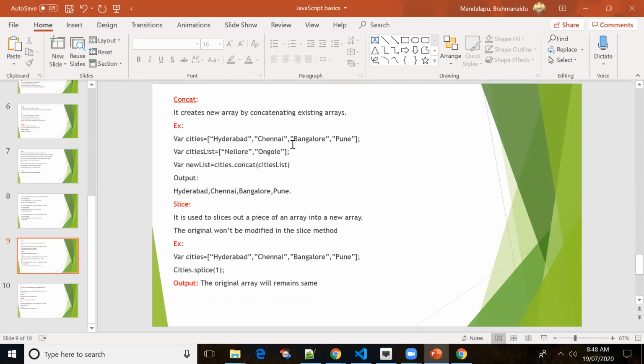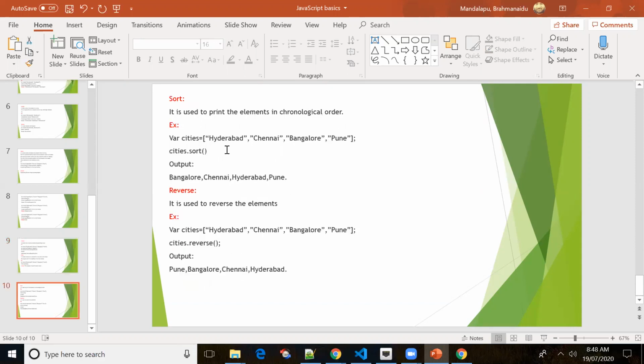Concatenation is nothing but adding the elements. Slice is used to slice a piece of an array into a new array. Please remember one point: the original value won't be modified in the slice method.